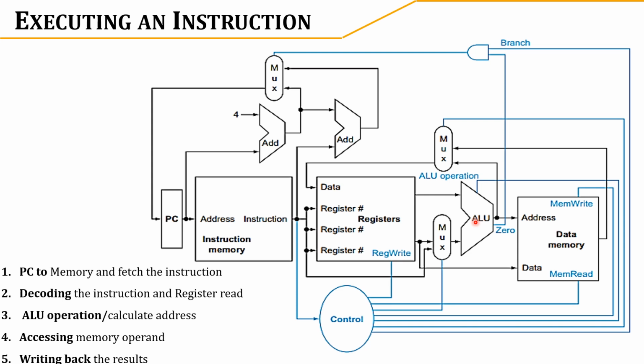Based on this, the fourth step also differs. In the case of an arithmetic operation, the result is already calculated by the ALU unit, so we need to write the data back to the registers or to the memory. If it is a memory address operation, we need to access the memory operand. And if it is a branch operation, we already performed the comparison in the third step, so in the fourth step we need to update the address based on this comparison.